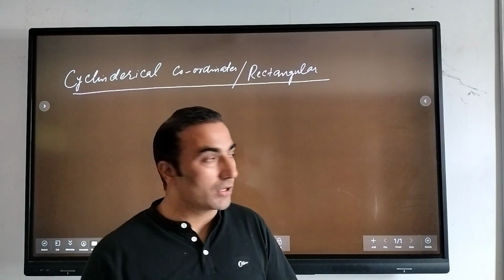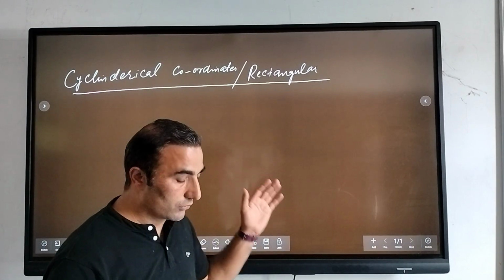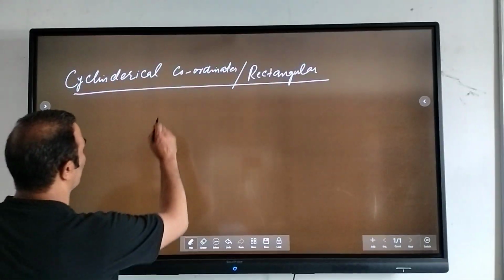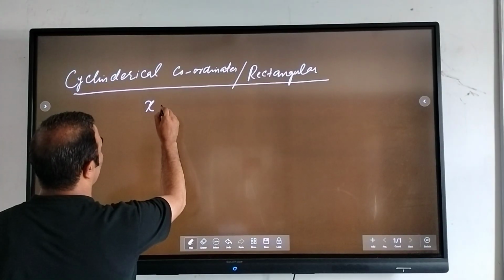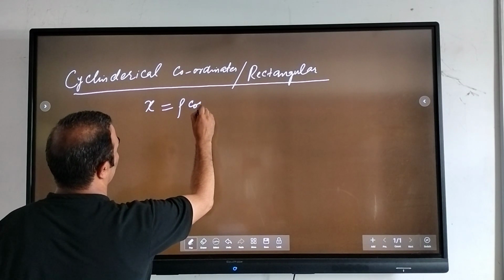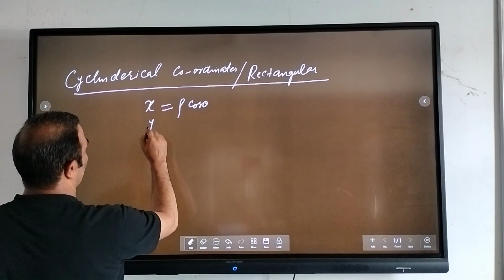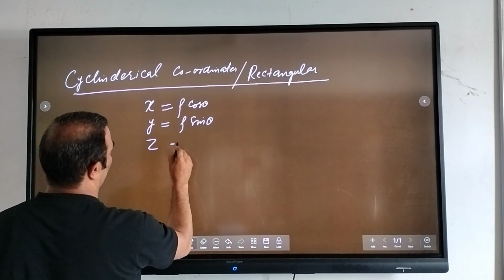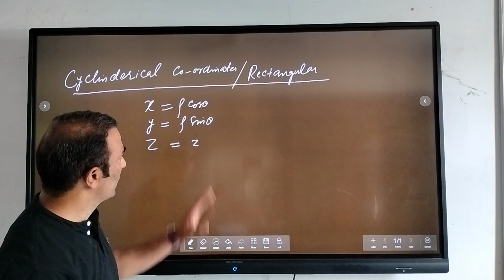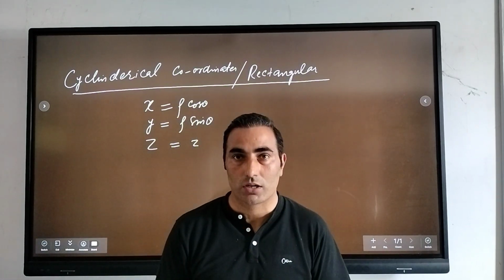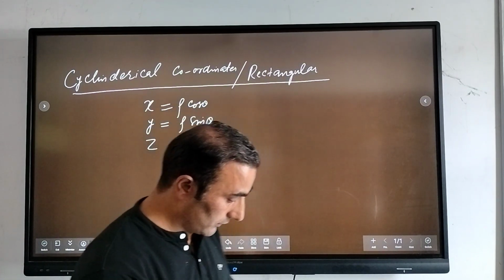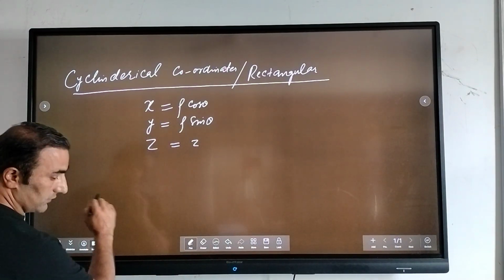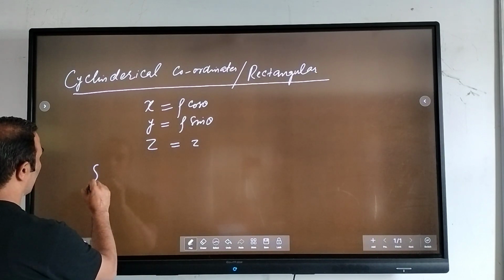And similarly today we will discuss the relation between cylindrical and rectangular coordinates. Rectangular coordinates you can write: we have x equal to rho cos theta, and y equal to, z equal to. Okay, so this is how you can relate them. So the Cartesian coordinates relate to cylindrical, these rectangular coordinates, and similarly we can have spherical or